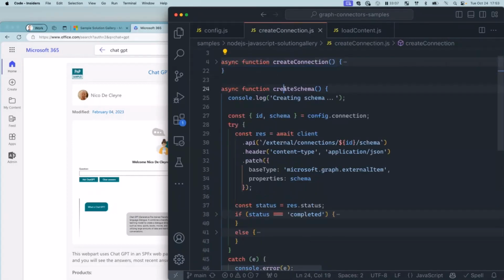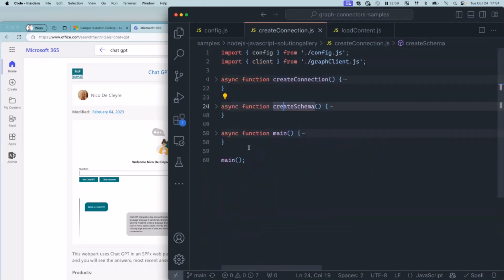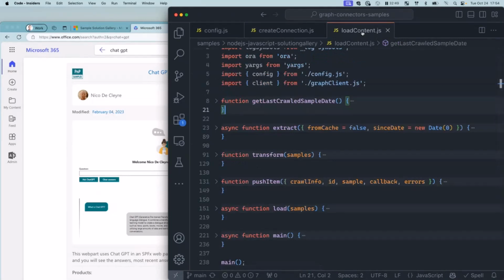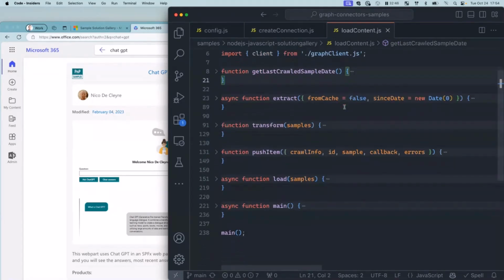We created a connection, and then we defined the set of properties that we want to track for each sample that we import. Finally, the last step: we have all of that in place. Now it's time to actually import the data from our external store, whatever it is, to Microsoft 365. And that is the time for call to Microsoft Graph number 3. The way it works is that we start with extracting the data from the source. It can be a database, a file share, a local file, basically any type of data you want to import to Microsoft 365.